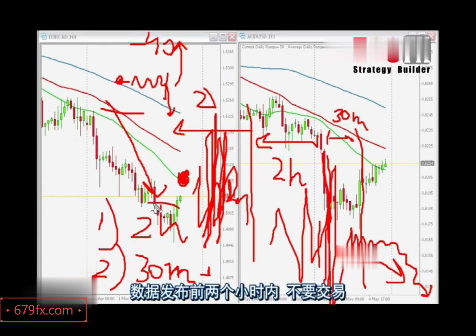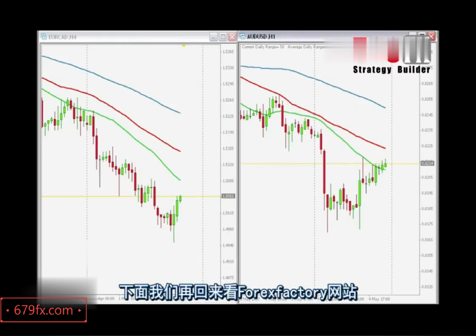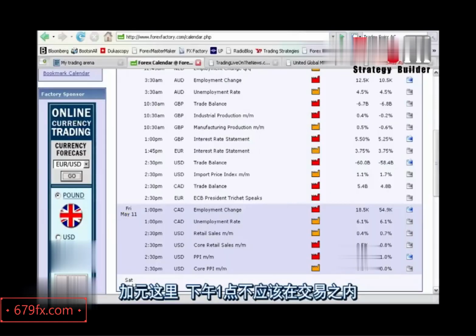Okay, so 2 hours prior to the news, no trade, and no trade until 30 minutes after the news. Okay, now let's go back to the Forex Factory calendar right there. So we know that at 1 p.m. we are not supposed to be in the market